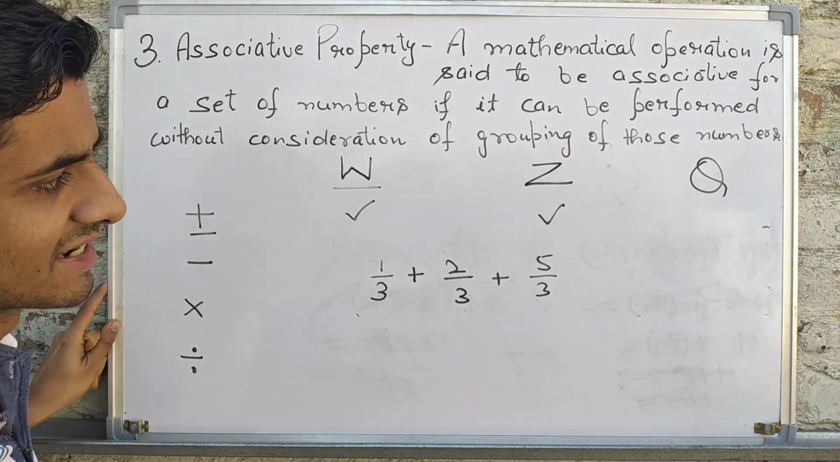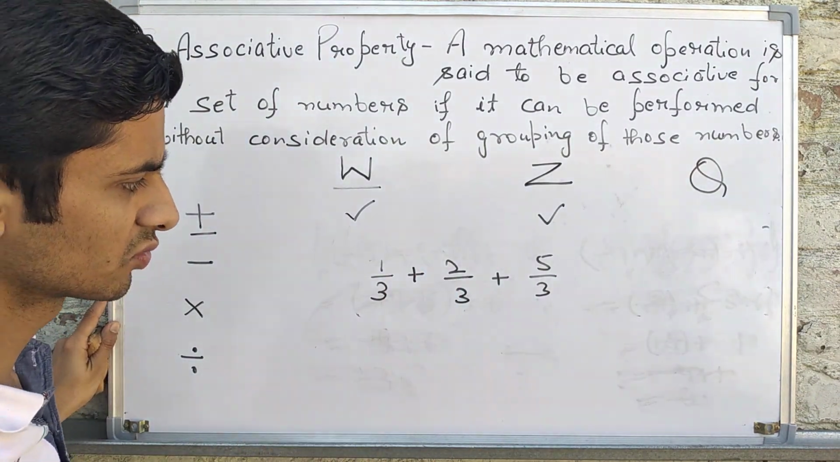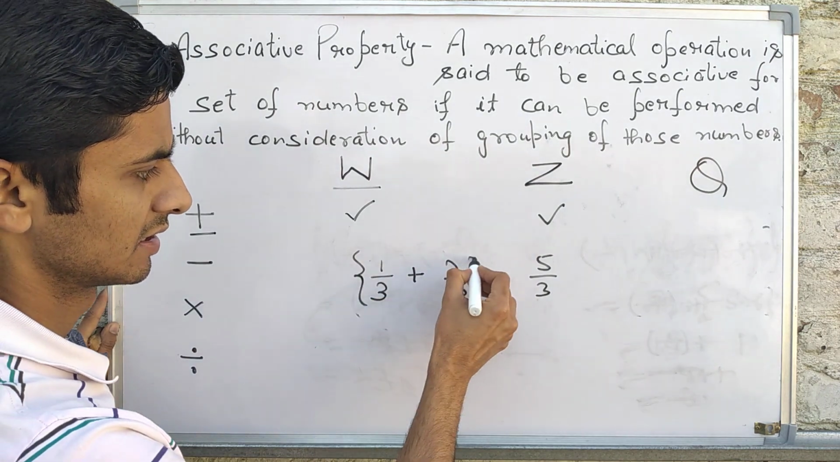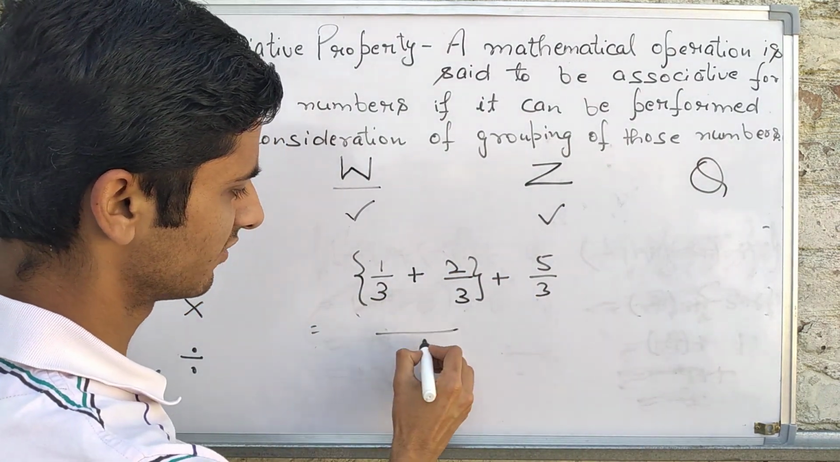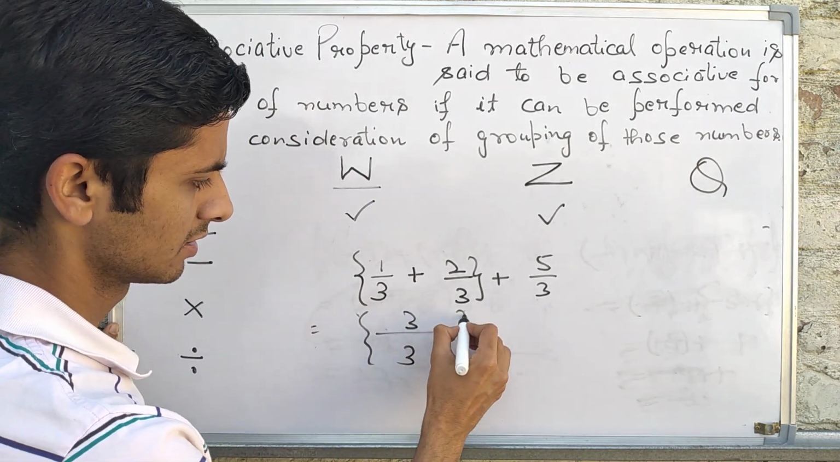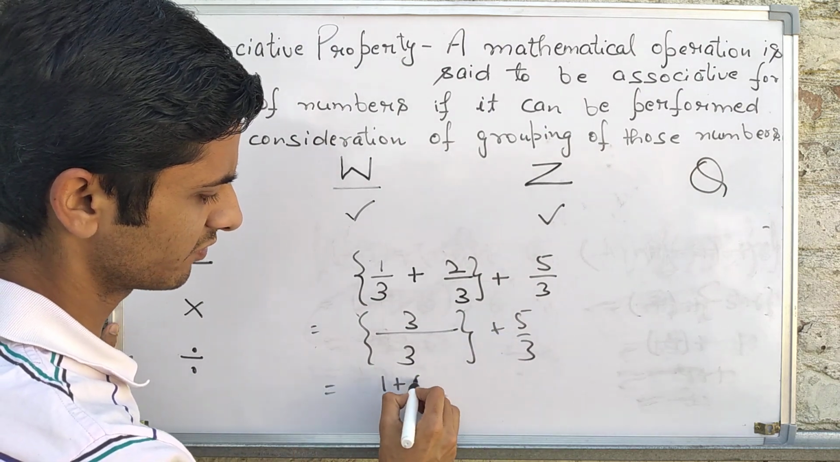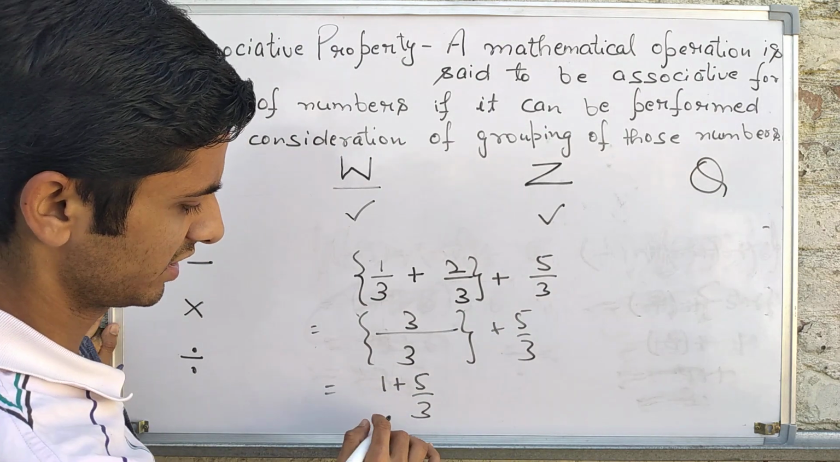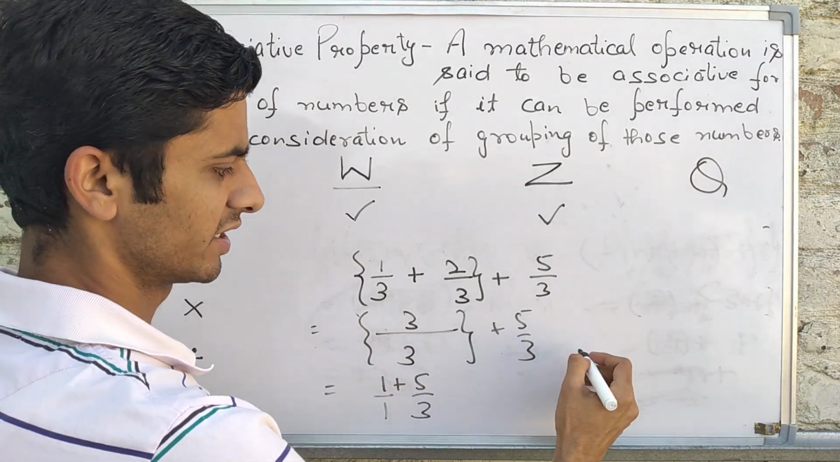Suppose these are the three rational numbers that I have taken, expressed in the form of P upon Q, where Q is not equal to 0. I have grouped these. If you try to solve it, the LCM is 3. 1 plus 2 is 3, plus 5 upon 3. It comes out to be 1 plus 5 upon 3. Over here, if there is nothing in the denominator, it is 1. So it comes out to be